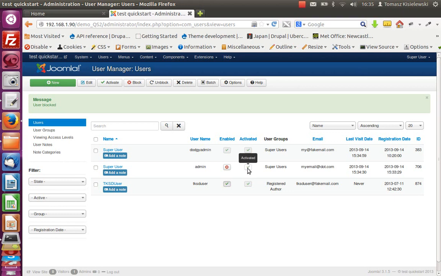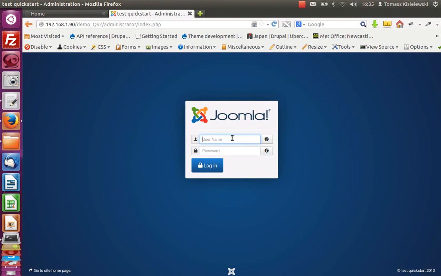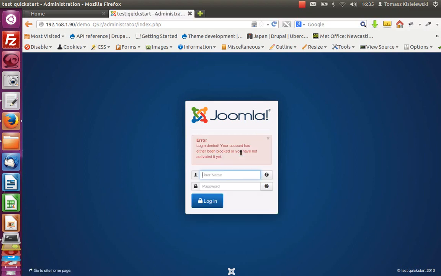Activated is okay. Disable. Fine. Log out. Oops. This is what can happen. And the dodgy admin can do whatever